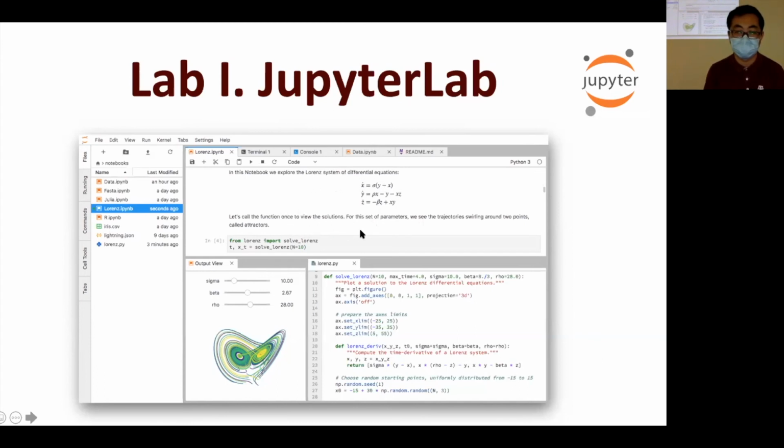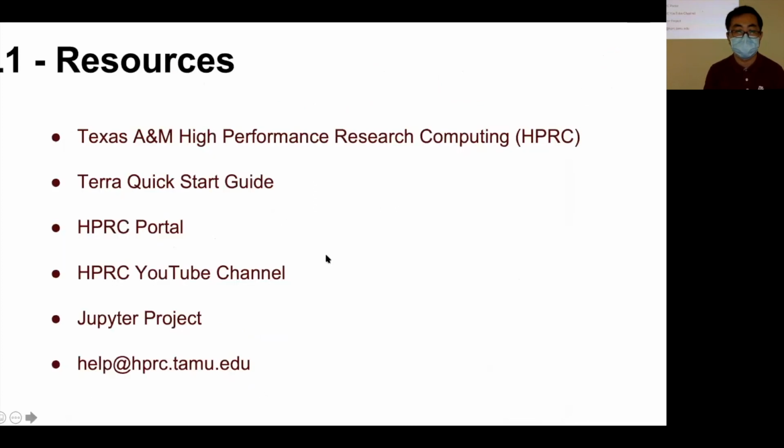You can write some documentation for your code. And this one is called a code cell, so you can run some code. To run code, first you need to highlight the code cell you want to run, and then you click the run button. Or you can use Shift Enter. When you highlight the cell, you use Shift Enter to run the cell. That's a second way. So this is about the Jupyter Lab.